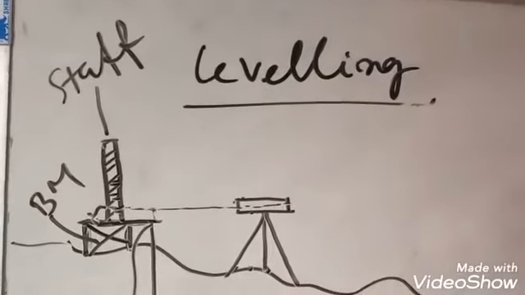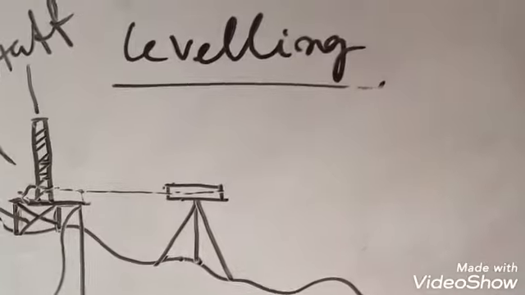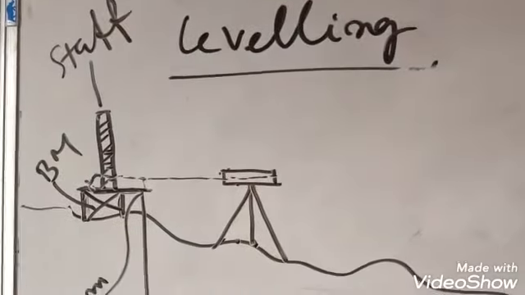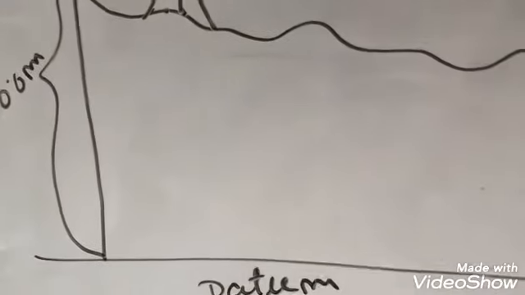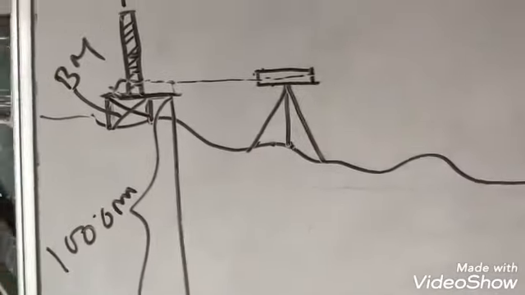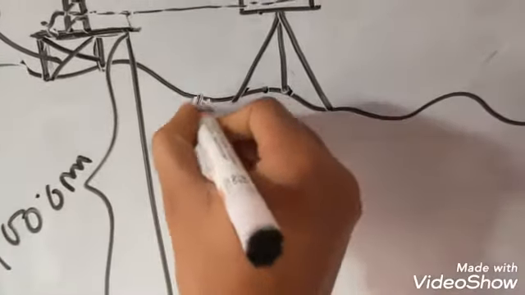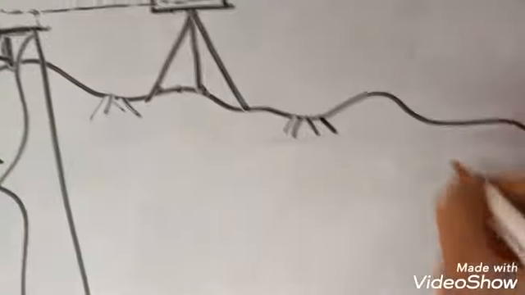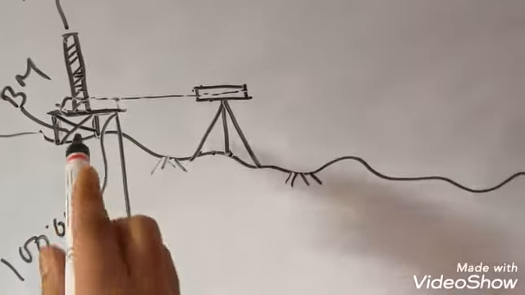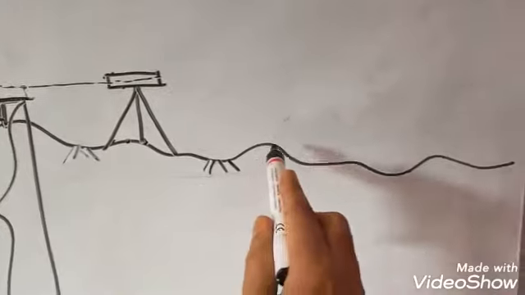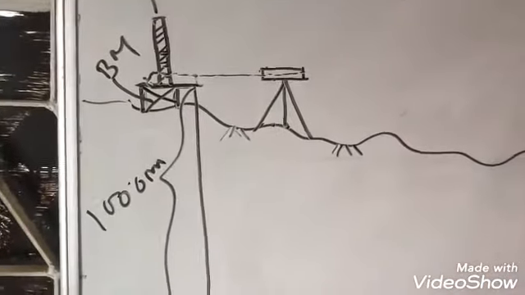Try to learn some more terms related to leveling, and also we will try to have an idea about how leveling survey is done. Again, suppose this is the datum or reference line with respect to which we need to find out the elevations of different points. This is our ground surface, the existing ground level. So we need to conduct leveling on this ground level. The basic aim is to find out these undulations, how much undulation there is on this ground level. That is the basic aim of this leveling survey.